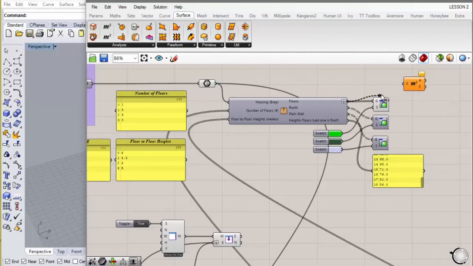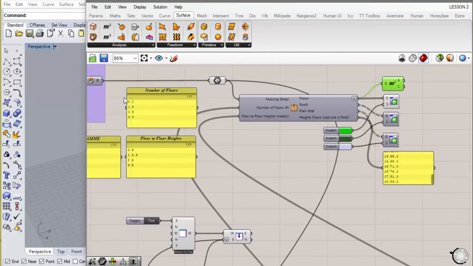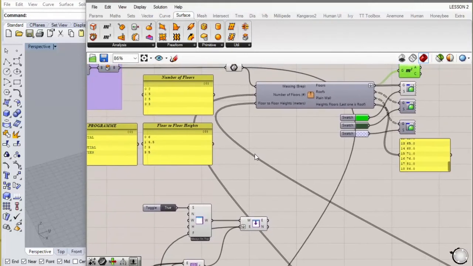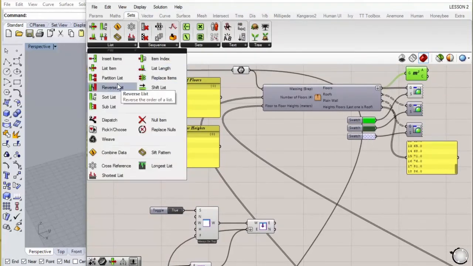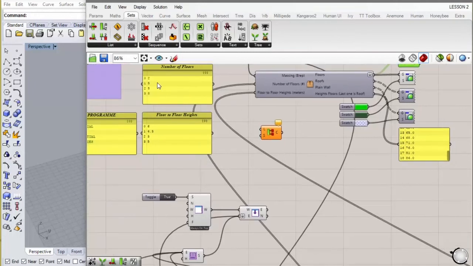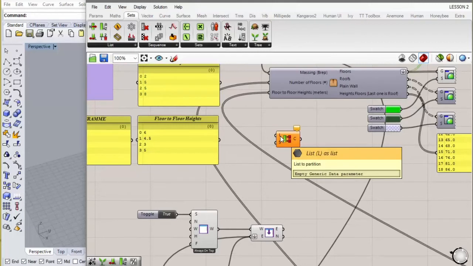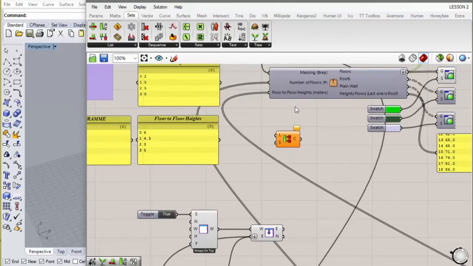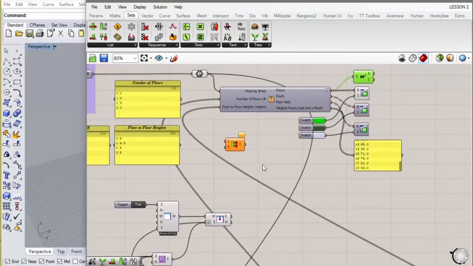Let's measure the areas. And then let's put them into groups according to our list here. We can do that using partition list. So that should be done very neatly. If this has a 2, then the first group will be the first 2, then the next 5 will be the next group, and that should work quite well, and it should add up correctly.